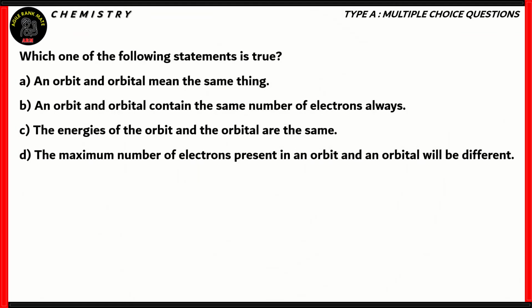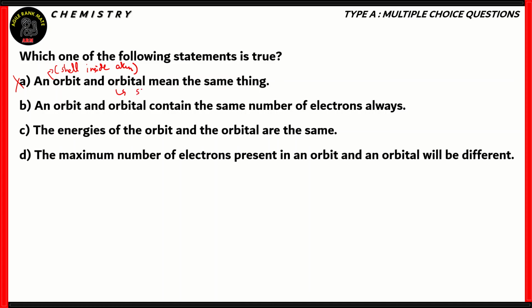Now let's look at some questions from chemistry. Which one of the following statements is true? An orbit and orbital mean the same thing. This is incorrect. An orbit refers to the complete shell inside an atom where an electron revolves, while an orbital